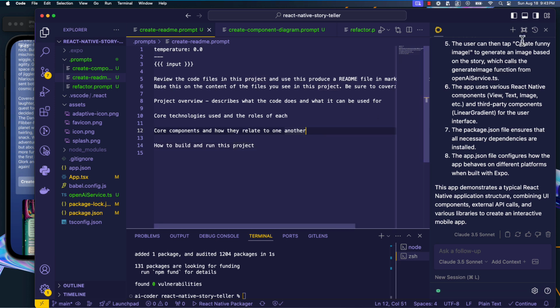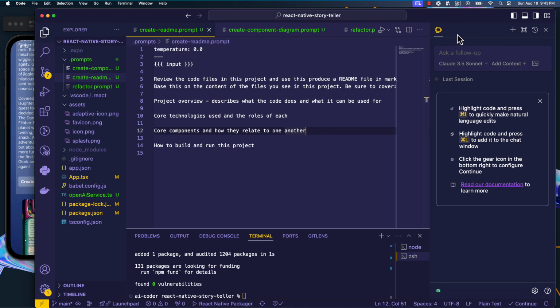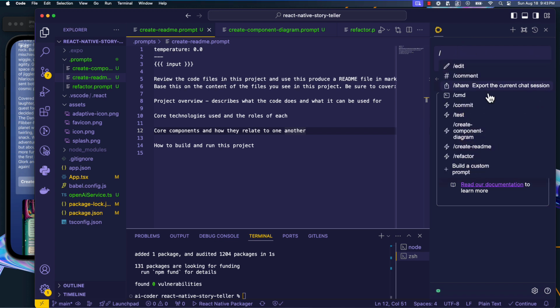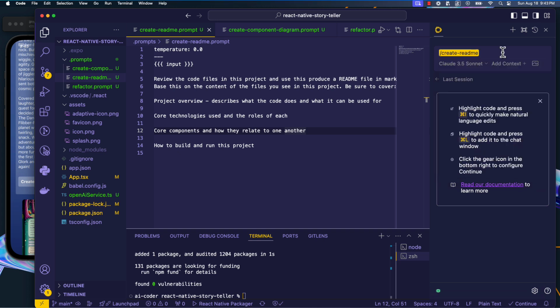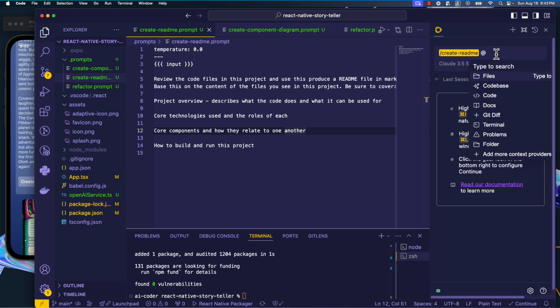So how to use this? I can start a session with Continue. I can type / and then I'll have access to all of my custom prompts. So I can select create README. Now I can add some files to context because it's going to need context. That's this input variable here. So I'll type @files, and I will search for the